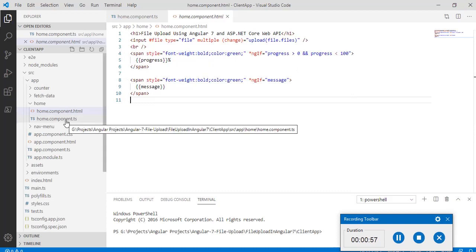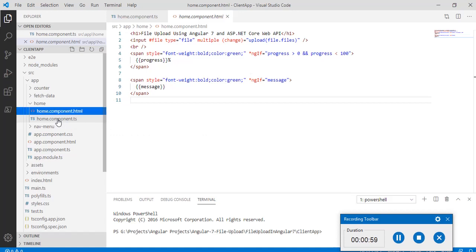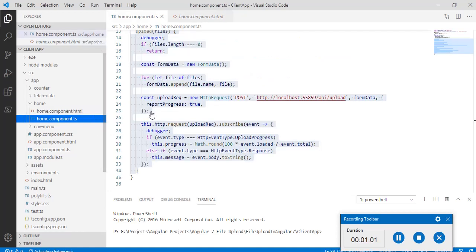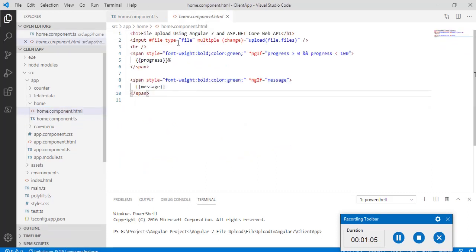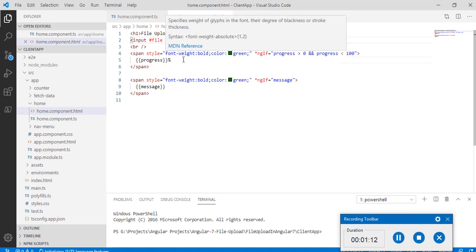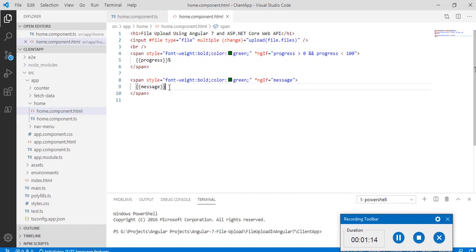I just created a component, basically a home component. Here you will see that in the front end, here is the input of type file. I upload files from here, and this is the progress bar. This is the message that the file is uploaded successfully.